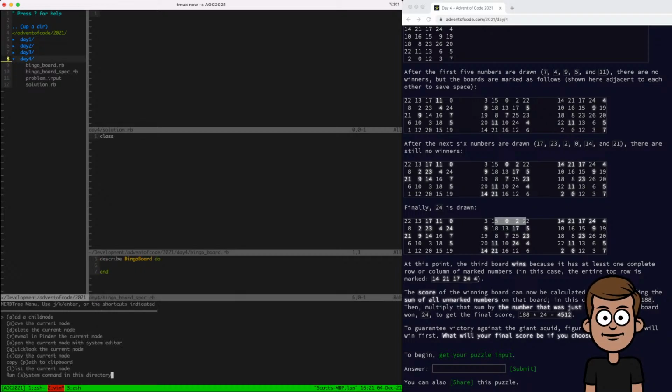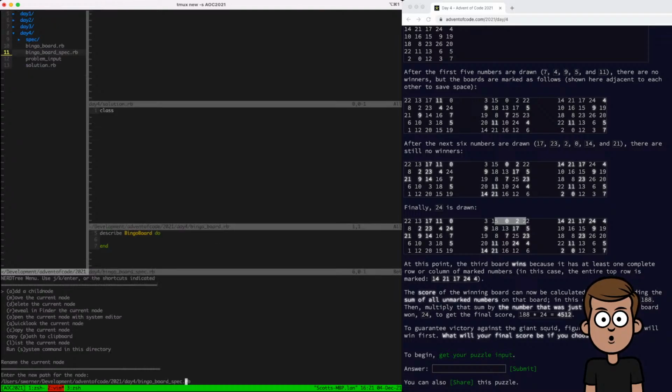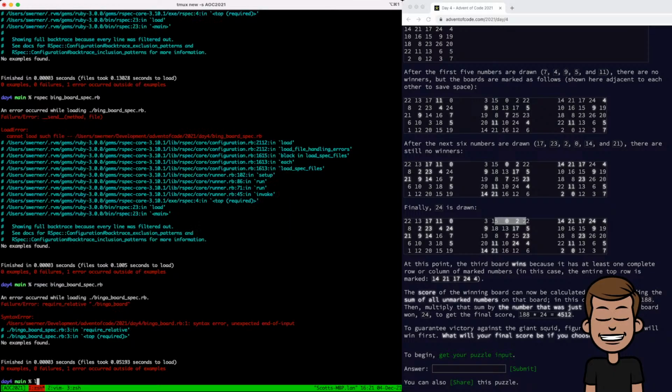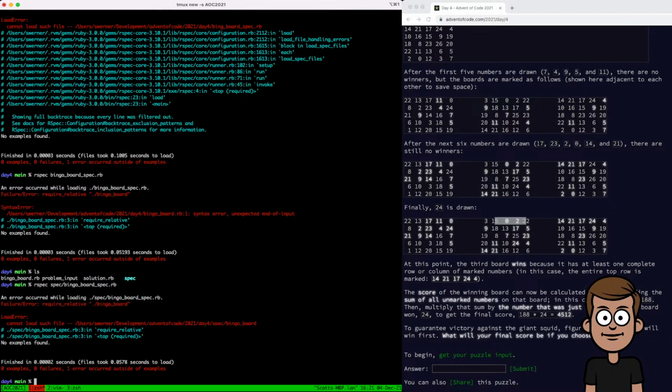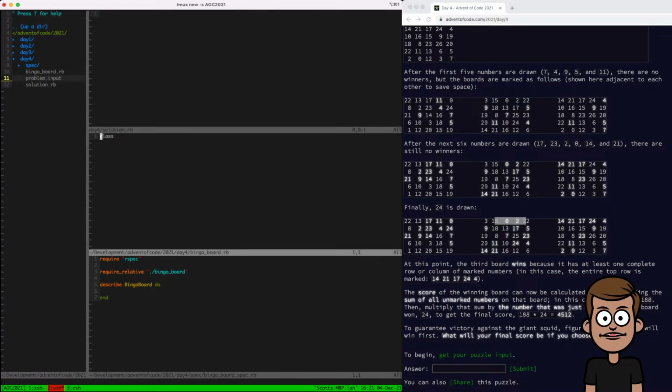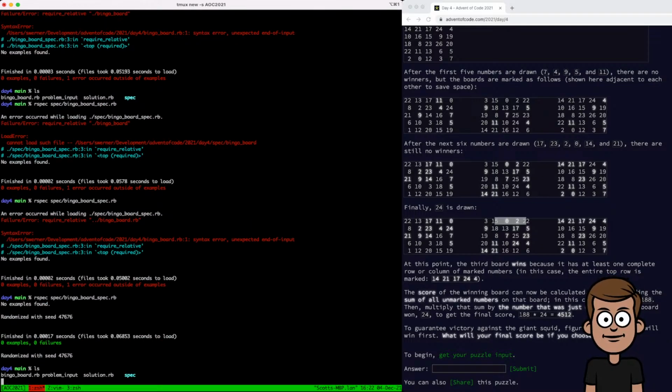Let's see. For some reason that wants to autocomplete to the spec folder, so let's give it what it wants, and let's see if we get that same failure. Cool. And here we want to do require relative ../bingo_board. Do I need .rb? Yeah, let's just give it the class and see. Cool. Well, not cool, but